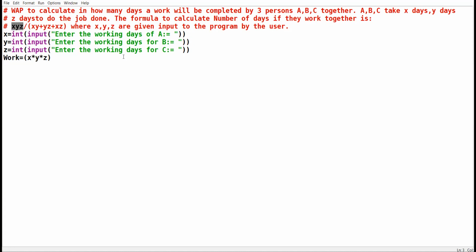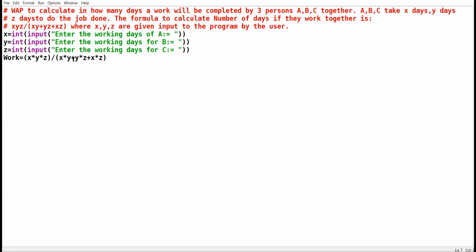Then divide by XY plus YZ plus XZ. So I am taking here X into Y plus Y into Z plus X into Z.